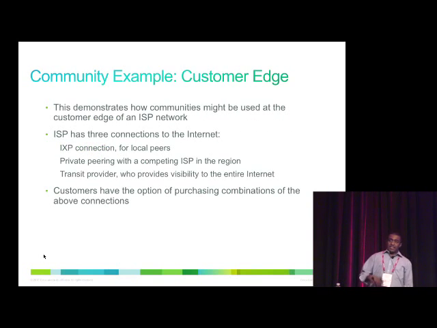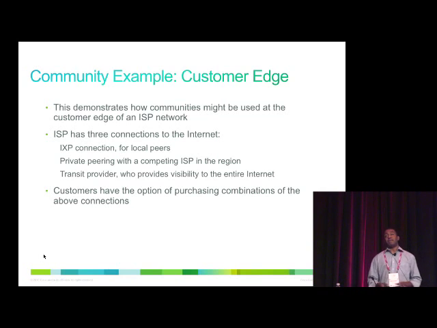So let's see an example for customer edge. In this particular case, it tries to demonstrate how an ISP that has 3 different internet connections: IXP inter-exchange connections, private peering, which is another ISP in the same region, and a transit provider to the entire internet. Now, a customer may have the option to buy connectivity to the entire internet, or only to